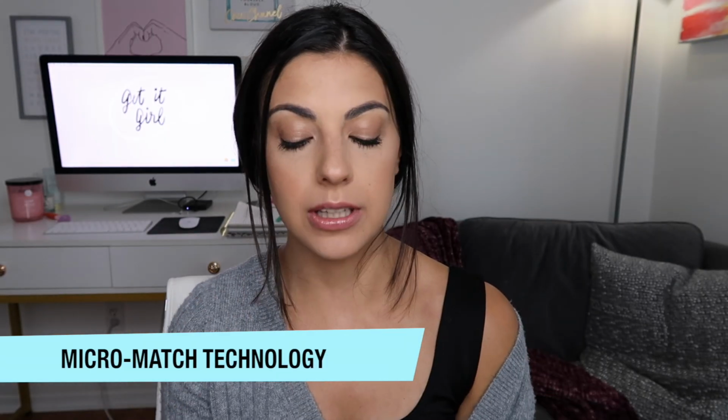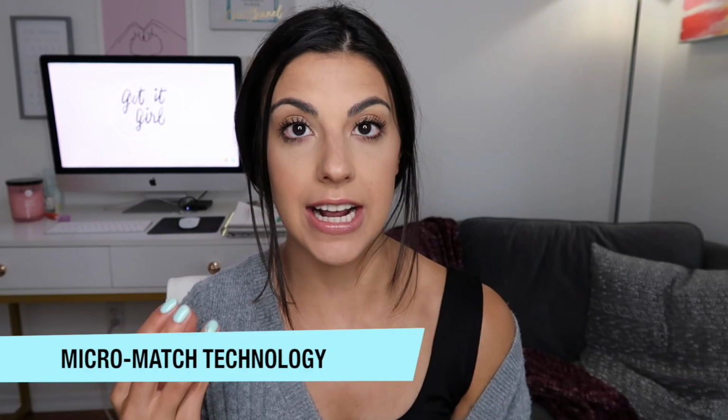And then the third other key benefit that they list is that it is micro match technology. Not sure what that really means, but it says perfectly matches skin tone and texture. I've never really heard of anything really matching texture, because texture is texture, but it does really match nicely. I honestly love the way that this looks on my skin. It matches completely well to my neck. I did have 3 shades to kind of play around with,